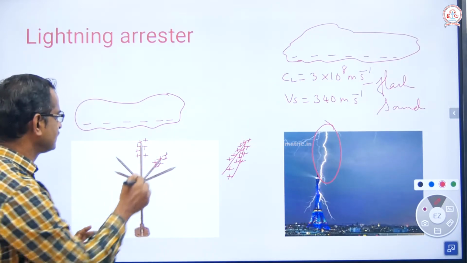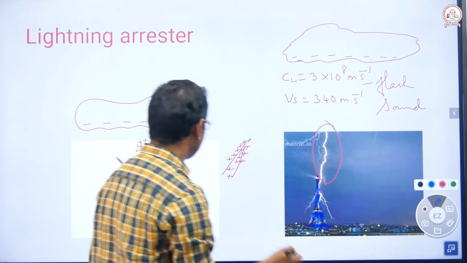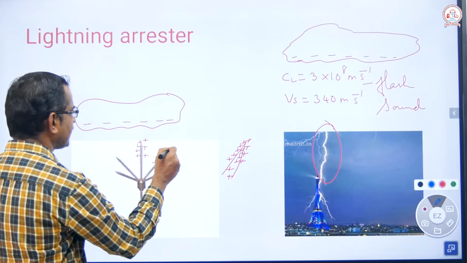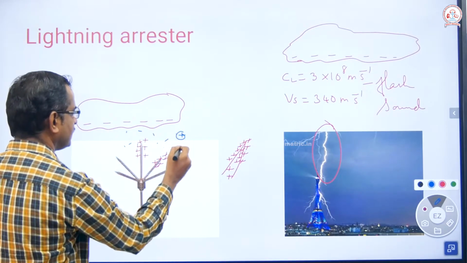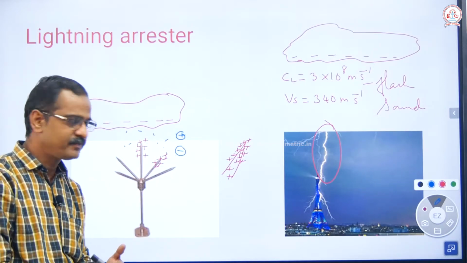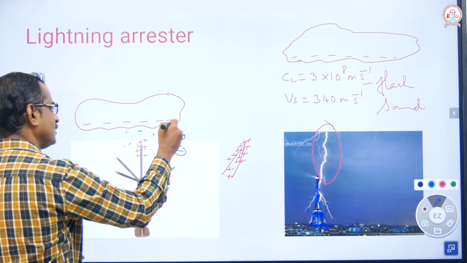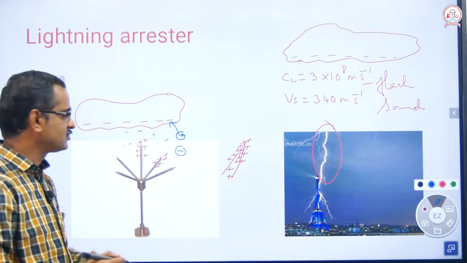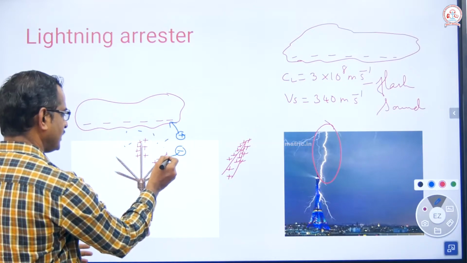And what happens? The air molecules close to this get ionized. Positive and negative ions are developed, and these positive ones get repelled. Sometimes they could even be attracted by the negative charges in the cloud, and these negative charges get attracted by this,